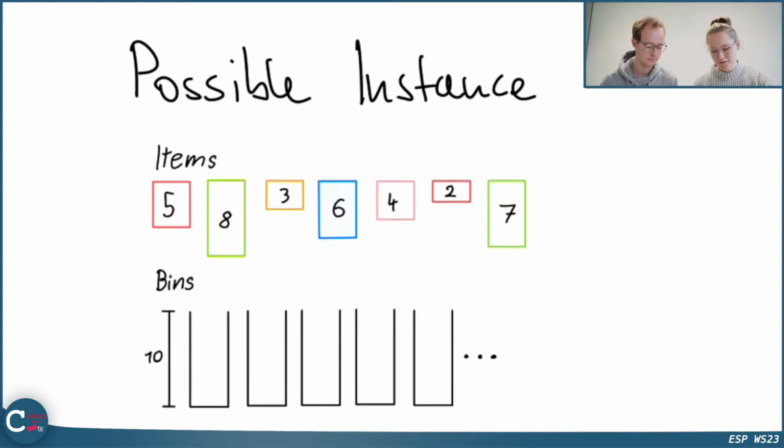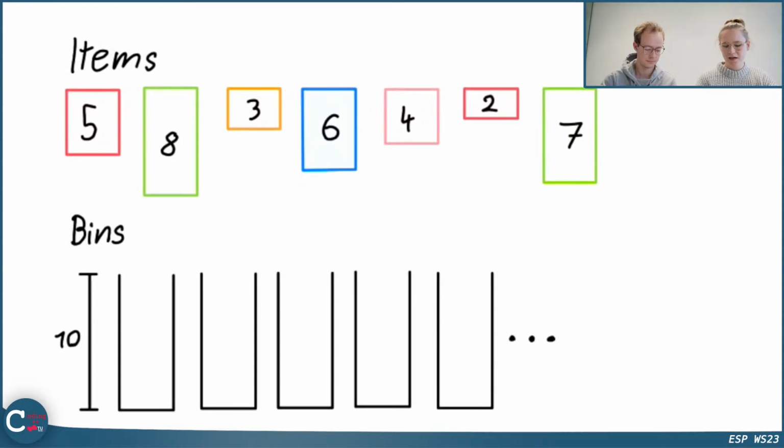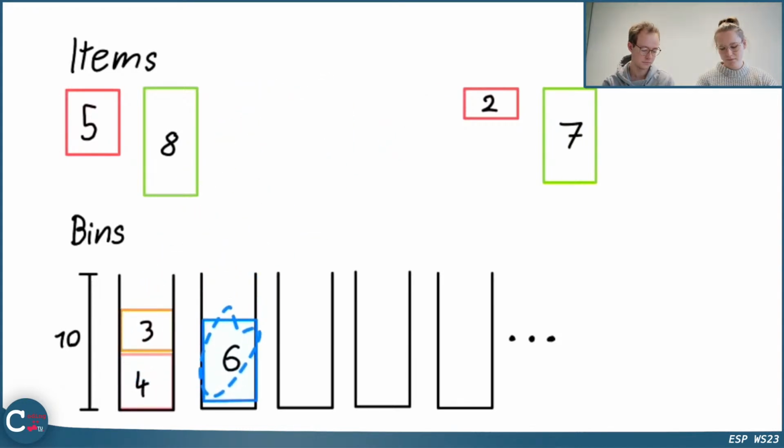We have these items here, and also we have these bins down here. As you can see, each bin has a capacity of 10. So we could fit, for example, the item of the value 8 and of the value 2 in one bin, but then we can't fit anything else. And now we want to think about an algorithm, a way of how we could put these items into these bins so that it's efficient and we can minimize the number of bins we need to complete this task. I hope that made it a bit clearer.